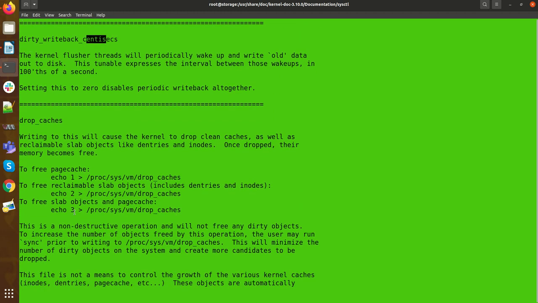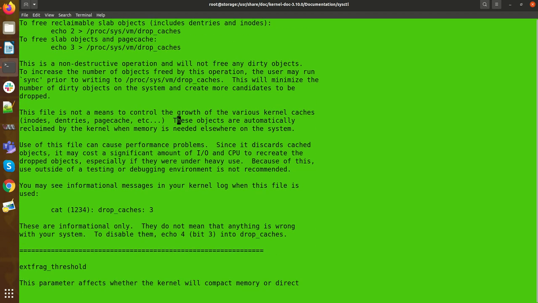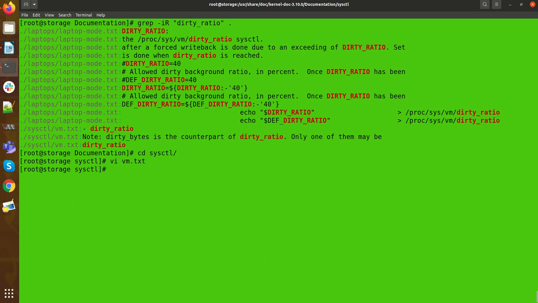Like I explained earlier, echo 1 is for page cache, echo 2 is for dentries, and echo 3 includes inodes, dentries, and page caches all. So this is a very good documentation file. You can go through this documentation and read all the things.